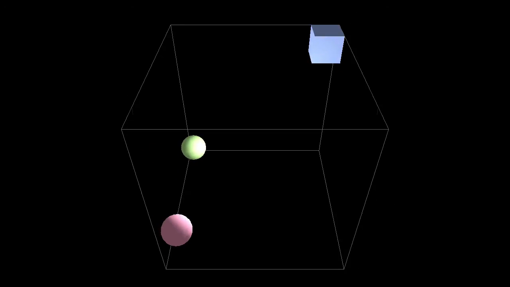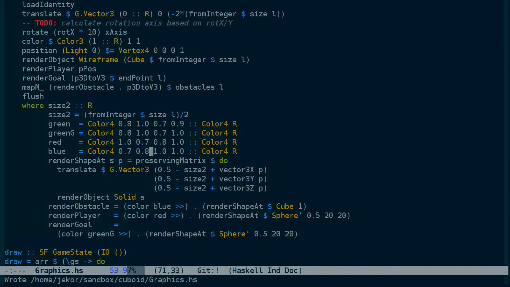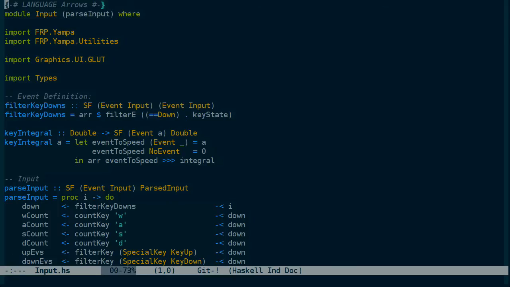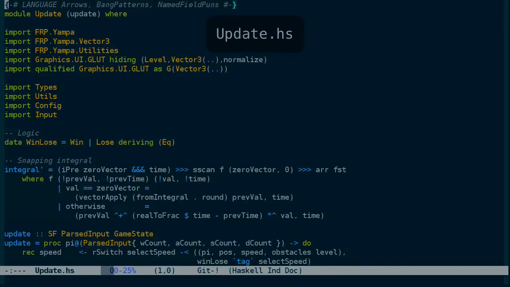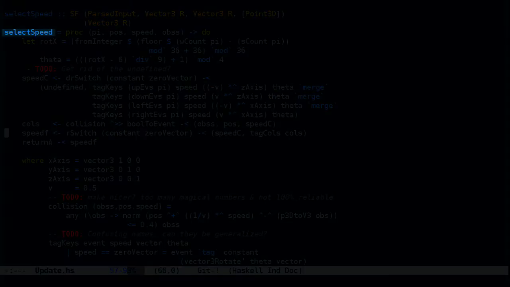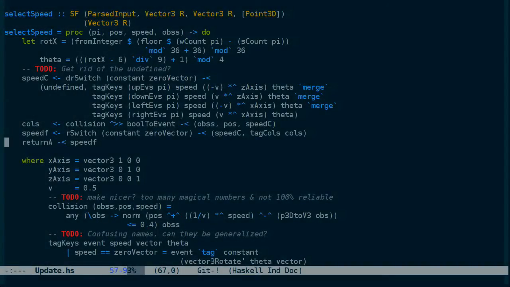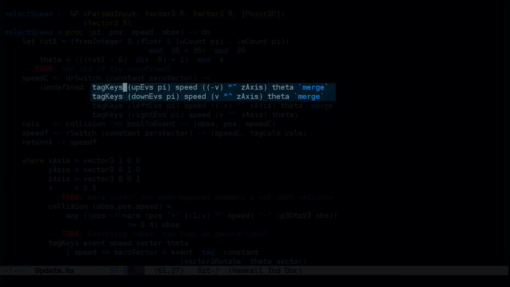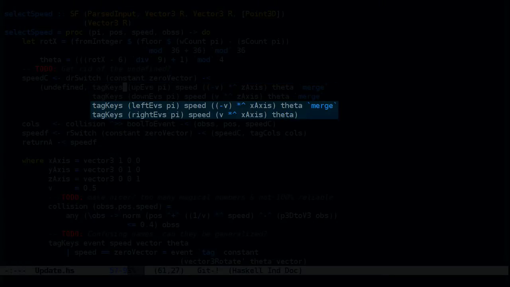What I'd really like to change is the controls. Notice that I have to do a lot of rotation because we only have 4 arrow movement keys, and in 3D space we need to move in 6 directions. So let's look back at the code in input, or rather in update. Under calculate speed, select speed, which I said we wouldn't cover, but there's one thing to look at here, and that is that the up and down keys are used for movement on the z-axis, and the left and right keys on the